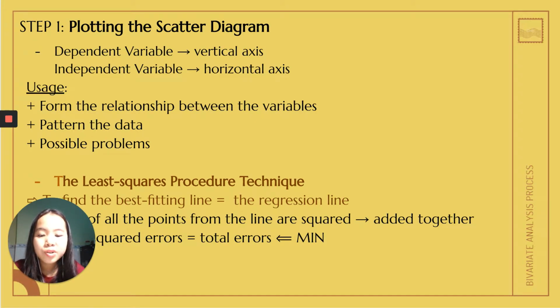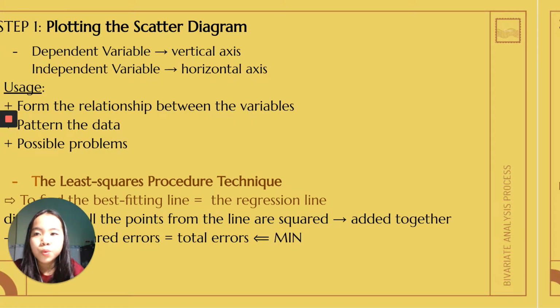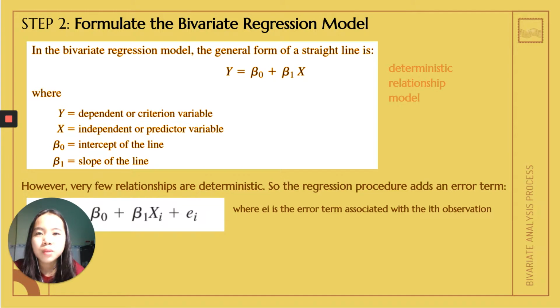The scatter diagram indicates whether there is a relationship between y and x, whether it can be modeled as a straight line, and consequently, whether a bivariate regression model is appropriate or not. We move to step 2, which is to formulate the bivariate regression model. In the bivariate regression model, the general form of a straight line is y equals beta 0 plus beta 1 multiplied by x. This is the deterministic relationship model,